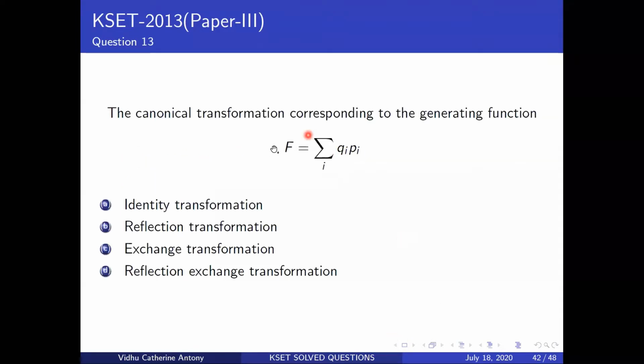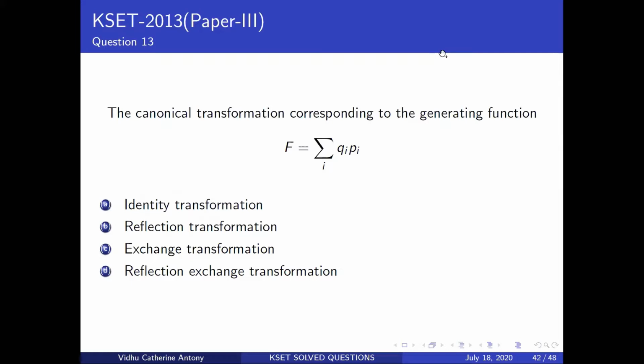So going back to this, why have they given little pi and little qi? What I told you was that the old coordinates exactly map to the new coordinates. So even if I substitute the old coordinates here, this is going to give me an identity transformation. The generating function is usually supposed to have an old variable and a new variable. But in this case, since it's an identity transformation, you can have either both old variables or both new variables. So this is option A.